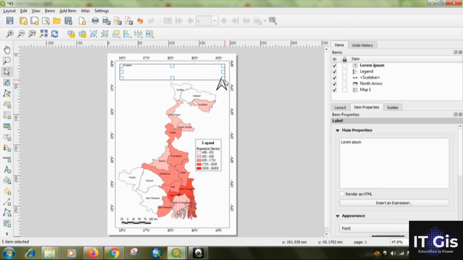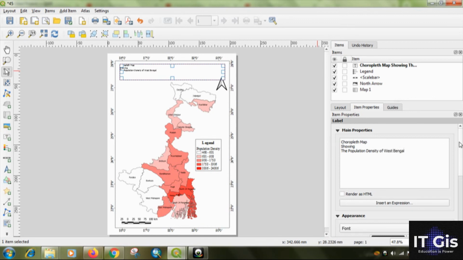Select the area, then give the name, that is Choropleth Map, enter, showing the population density of West Bengal.